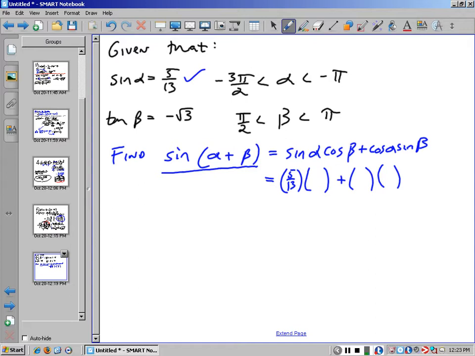Okay? I'm going to have to use all that given information. I haven't really used where alpha lives. I haven't used this piece yet. I'm probably going to need that. Right? They wouldn't give it to me otherwise. In this example,